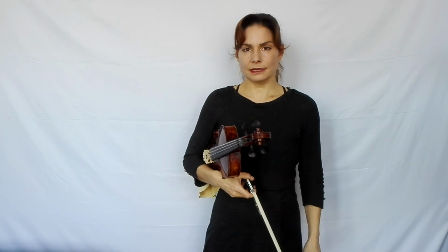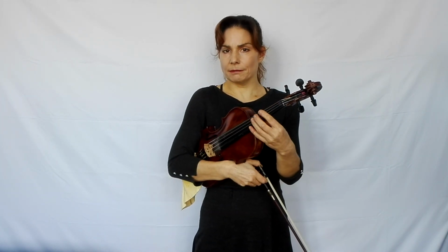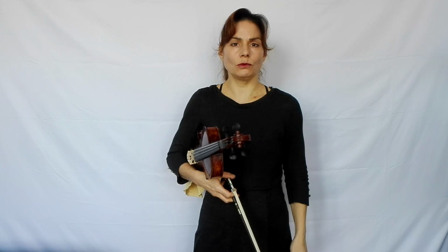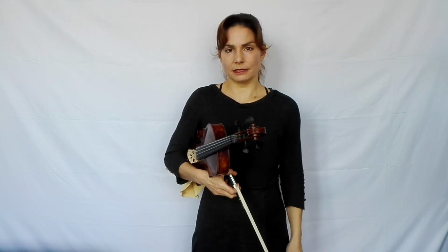A couple of added tips for the fingers of the left hand. You want your fingers of your left hand to stay comparatively close to the string and not move further away than necessary normally, particularly in fast passages. And what helped me learn to do that very much was a lot of double stop practicing, because that way